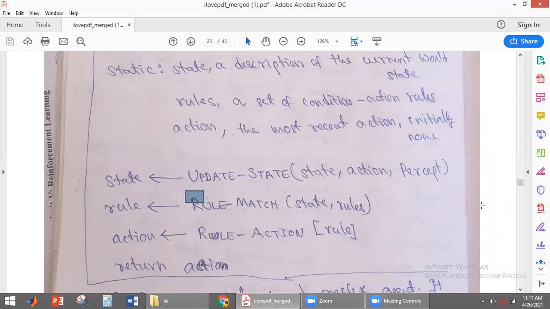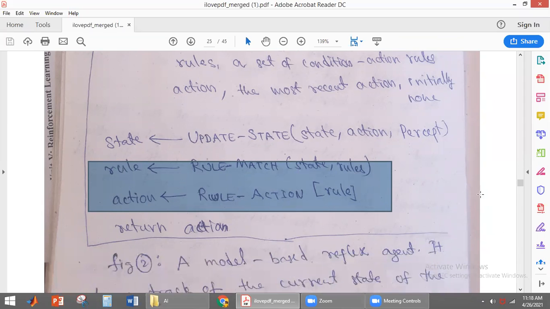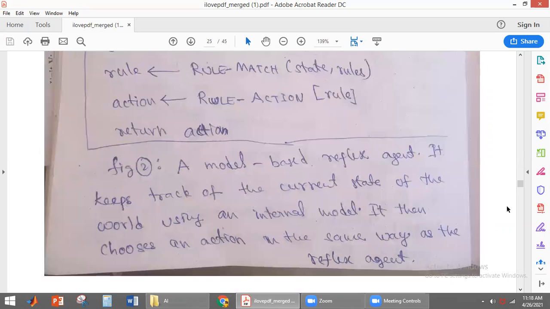These two are similar to the simple reflex agent. This we have already discussed. So what is rule match? Rule_match takes the state and the rules as the input. It gives the first rule that matches that state properly. That rule is given to the rule_action function, which gives the action. That action will be returned. So this is a model-based reflex agent. It keeps track of the current state of the world and it chooses an action